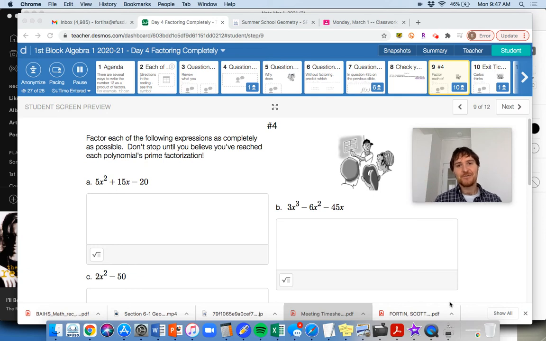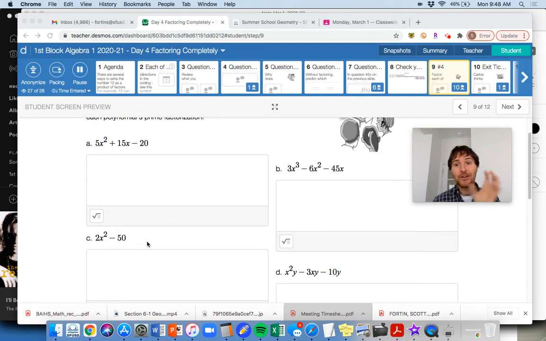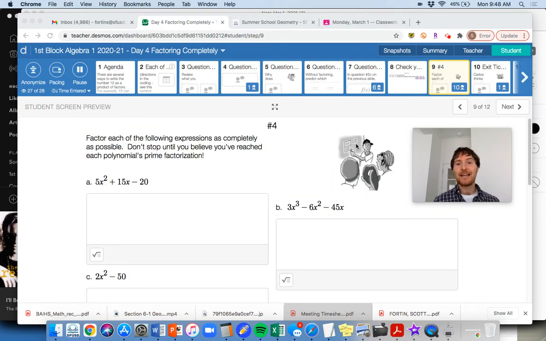All right, hey guys, this video is on factoring completely. And when you have to factor polynomials like this, you have to take multiple approaches. So you might have to pull out common factors, because oftentimes polynomials will have one glaring common factor of all of the terms. And then after that, you have to use that